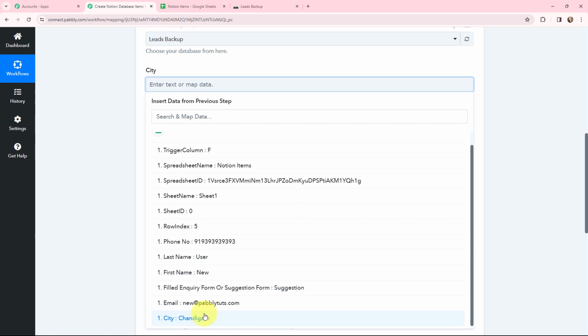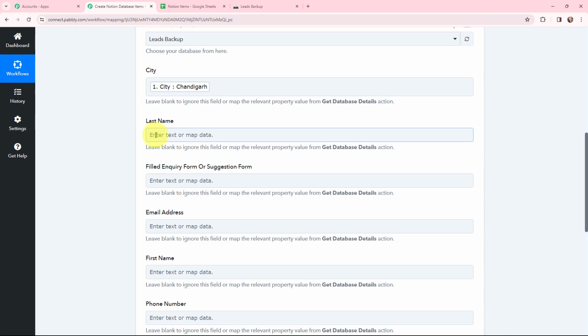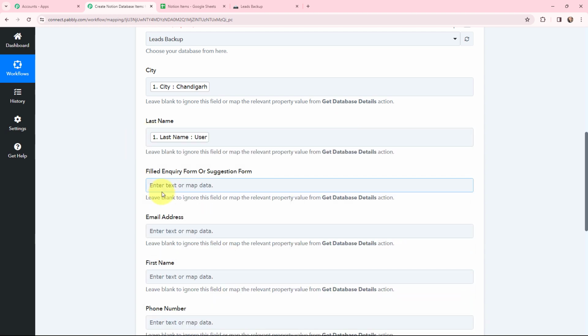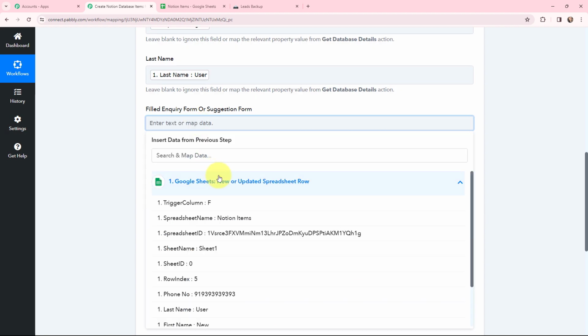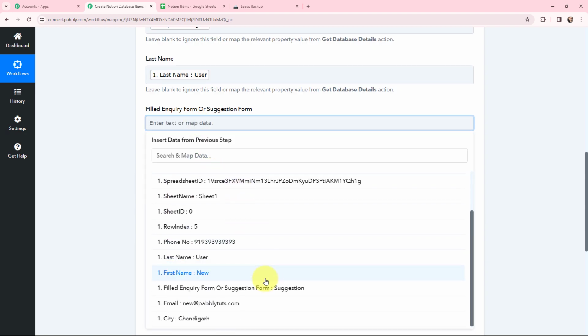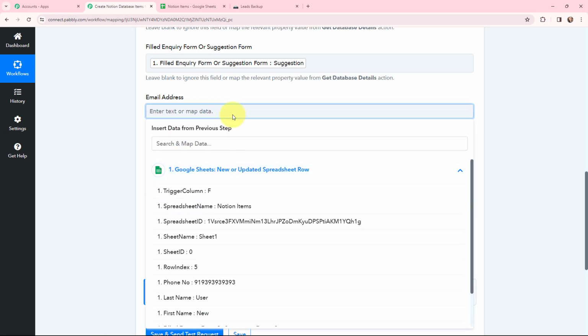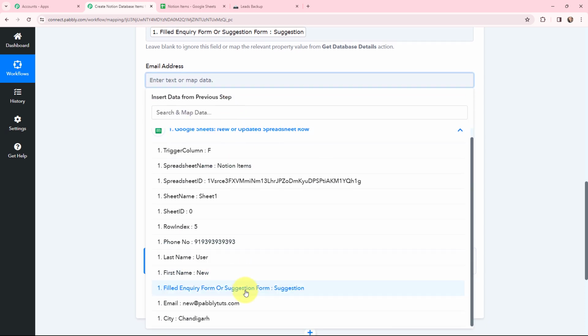So as I've received the response from Google Sheets, here I'm going to map it from the response received. So now I'm going to map the last name. So here I've mapped the last name. So now moving to this detail, I'm going to map over here. So here it is. So this method of mapping is important so that every time you receive a new response,